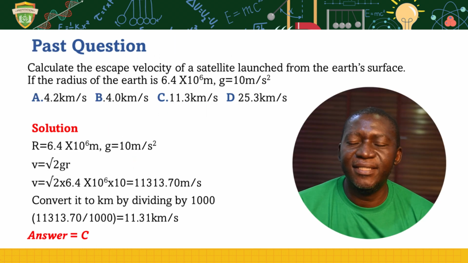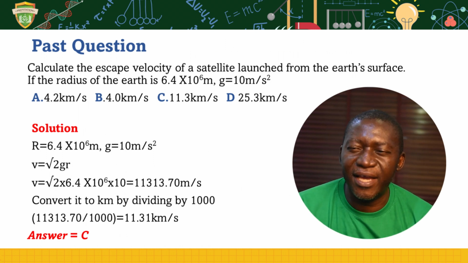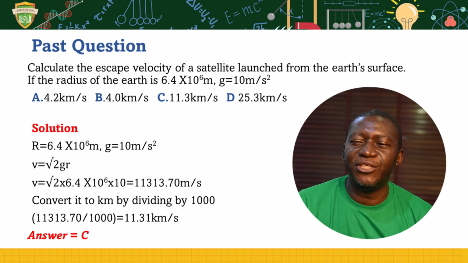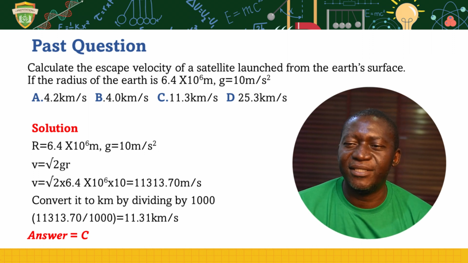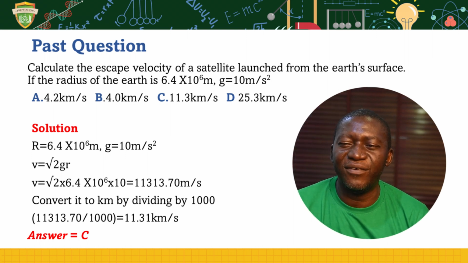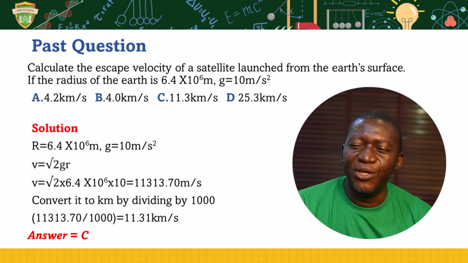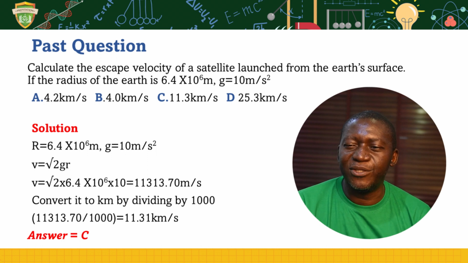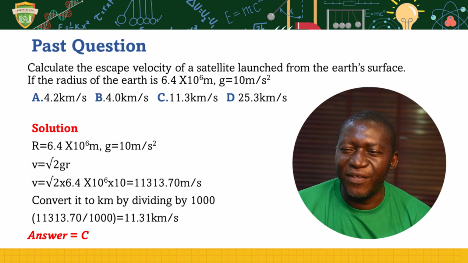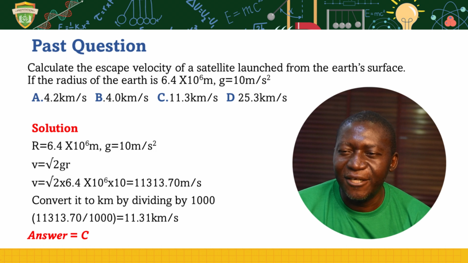Now, calculate the escape velocity of a satellite launched from the Earth's surface, if the radius of the Earth is 6.4 times 10 raised to the power 6 meters, taking acceleration due to gravity to be 10 meters per second squared. From this question, we notice that the radius of the Earth is given as 6.4 times 10 raised to the power 6 meters, while g is 10. If we go back to our formula, v is equal to square root of 2gr, which is the square root of 2 multiplied by the radius of the Earth multiplied by gravity, which is 10. So if we plug that in, we are going to have